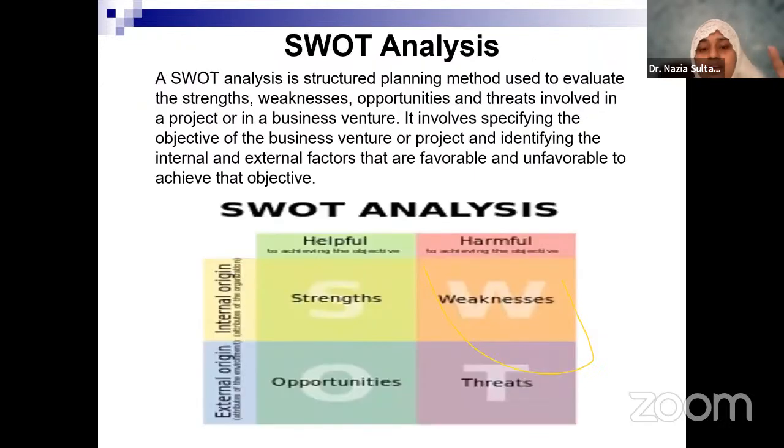And how do you do that? You can do that with the help of something called a SWOT analysis, where you are understanding the strengths, weaknesses, opportunities, and threats. SWOT stands for strength, weakness, opportunity, and threat. Strengths and weaknesses are internal to you, so you will be able to assess the strengths and weaknesses of your business. Opportunities and threats are external, present in the environment. So you have to apply prediction tools in order to understand what kind of opportunities are there in the market and what kind of threats are there.